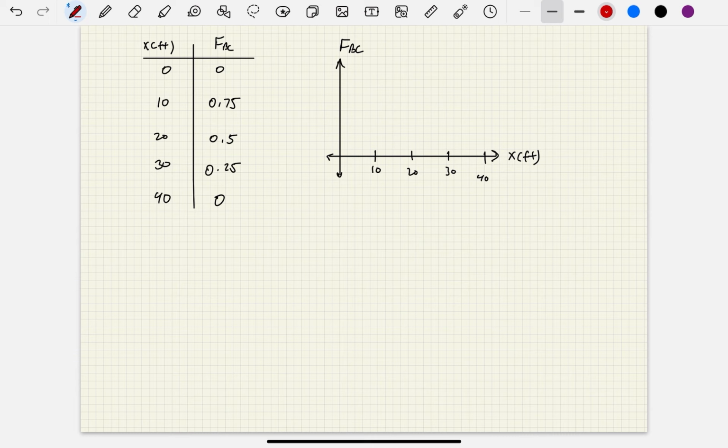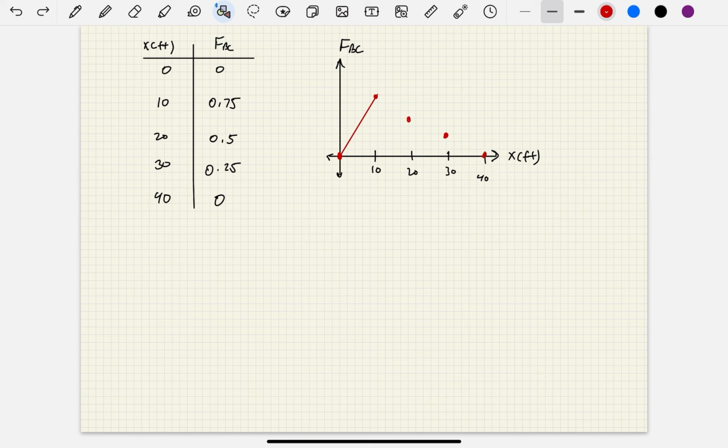And then I plot these points, 0, and then 0.75, 0.5, 0.25, and 0, okay? So here is the influence line